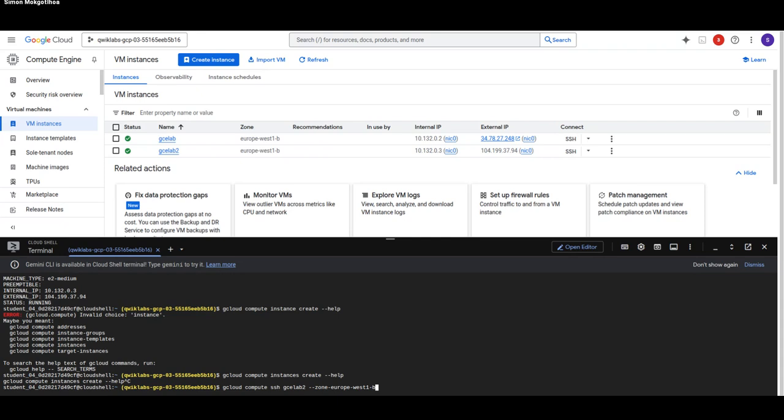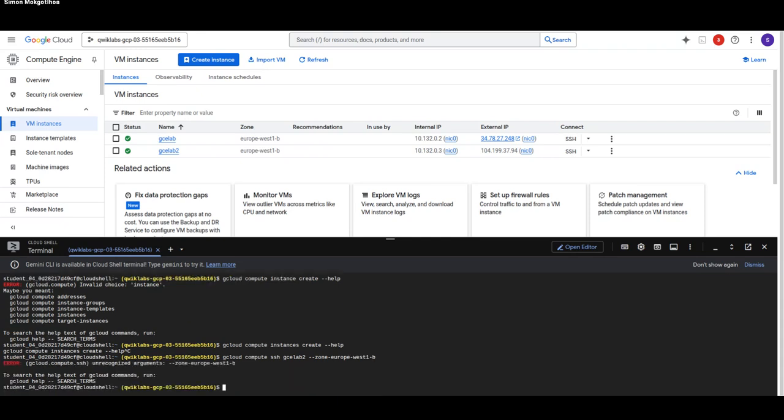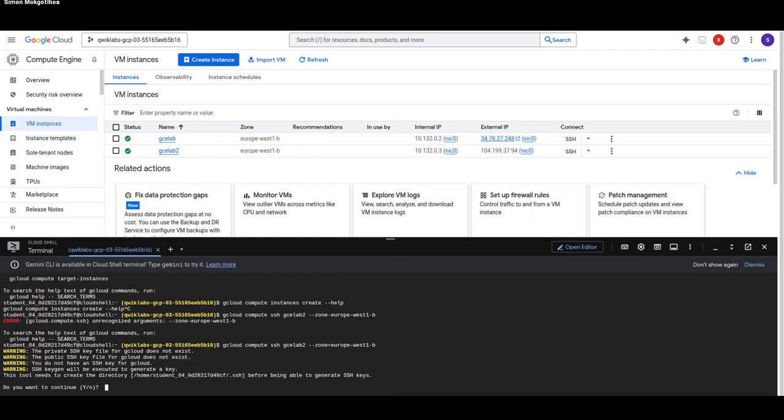Almost had an error there. Look at me again typing the wrong things. Remember, guys, so that you don't get lost like I'm getting lost, you can just copy the command from the lab and then it will do it for you. Yeah, there we go. Would we like to continue? Let's press Y.